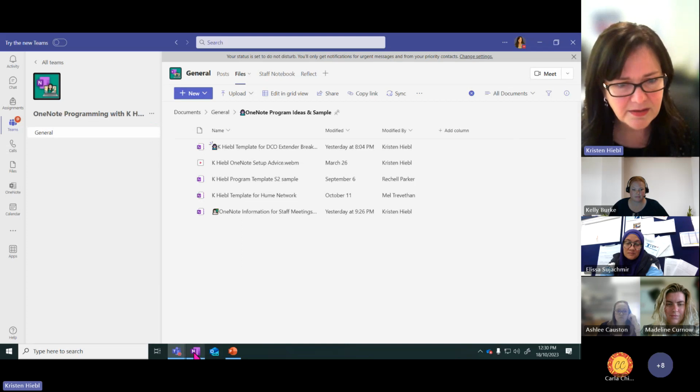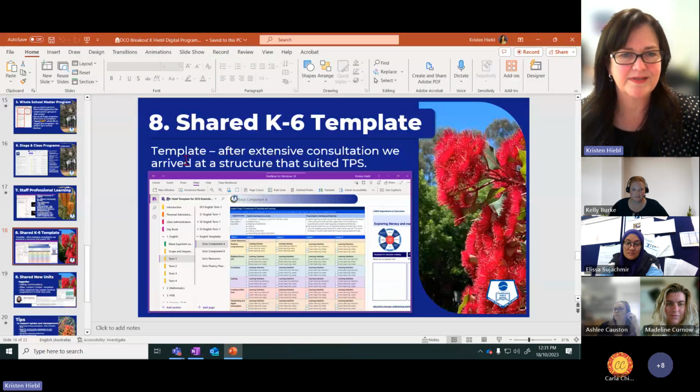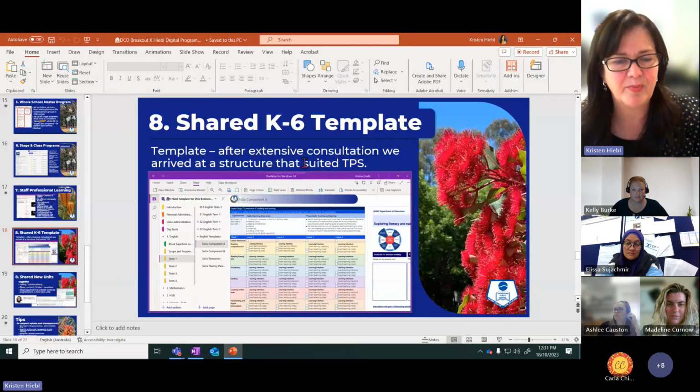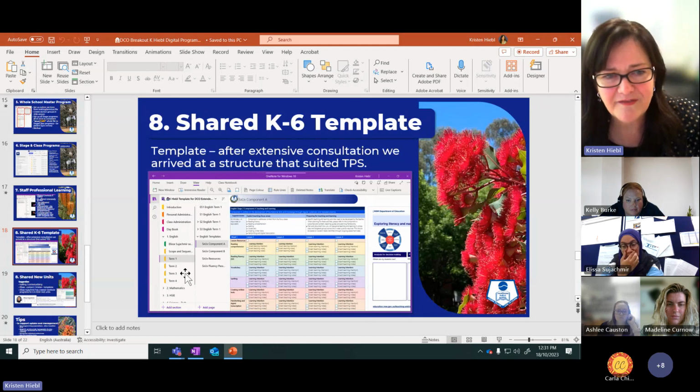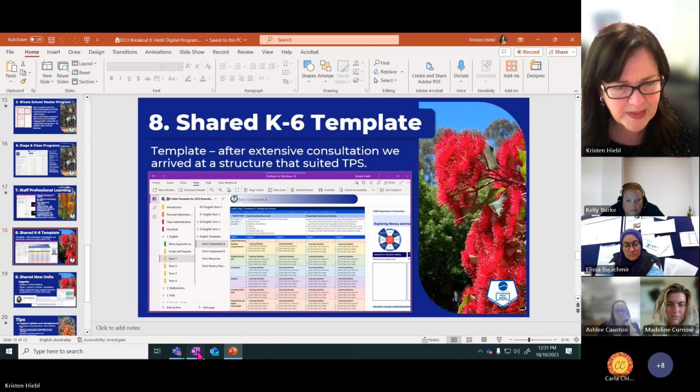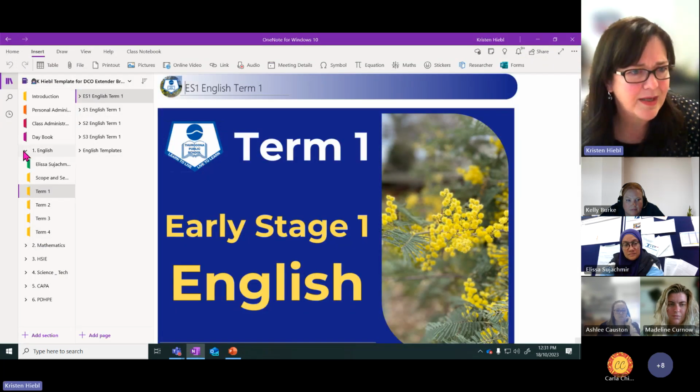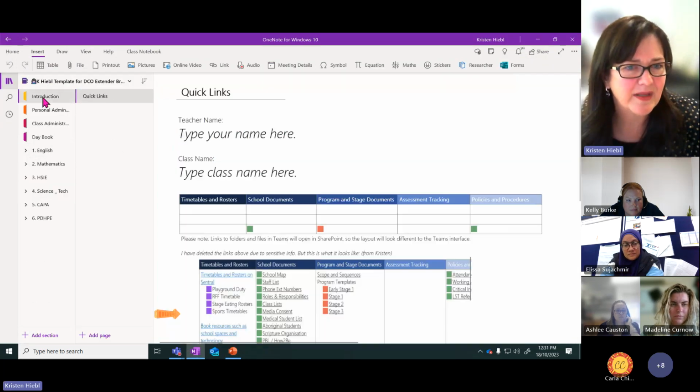And the next thing I wanted to show you was a shared template that I've set up. So to get to the template that we've found our best one, I consulted a lot with the exec staff and teachers, and we worked out exactly what we wanted to see in a program. So I'll share this template with you. So what we found was